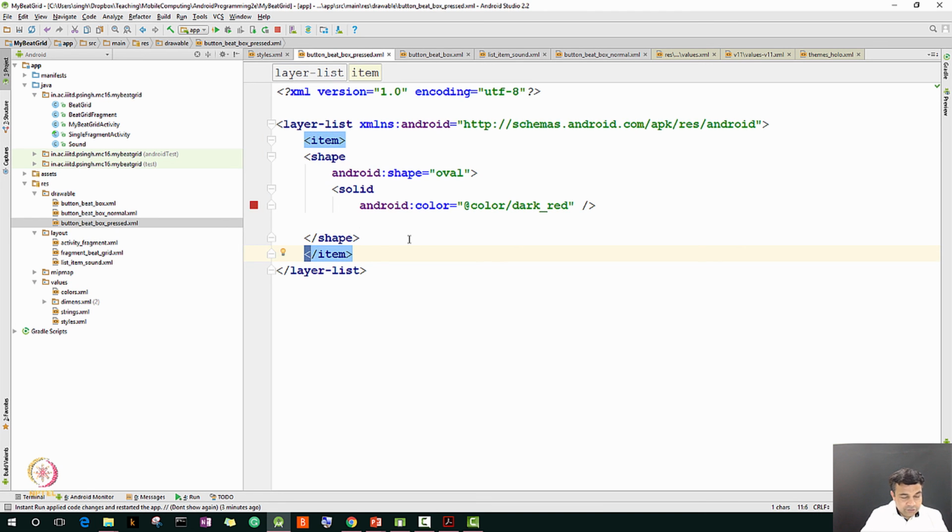Now I would like to define my second item as well, which is the ring that I want to put. So my second item would be a shape, and Android shape equal to oval